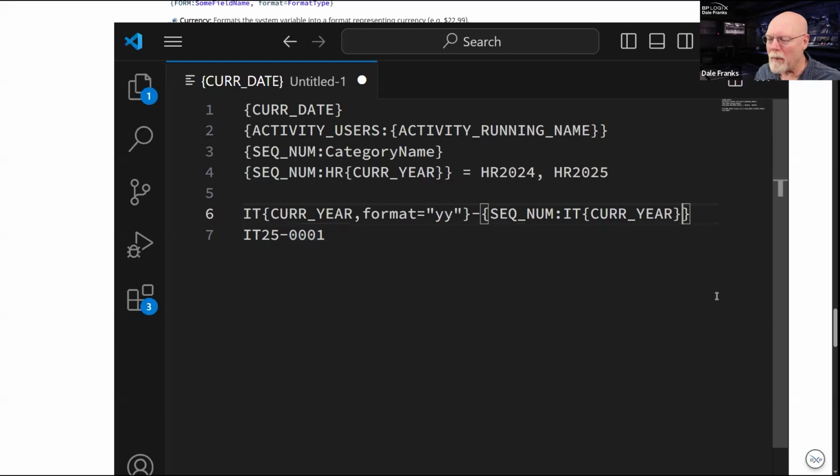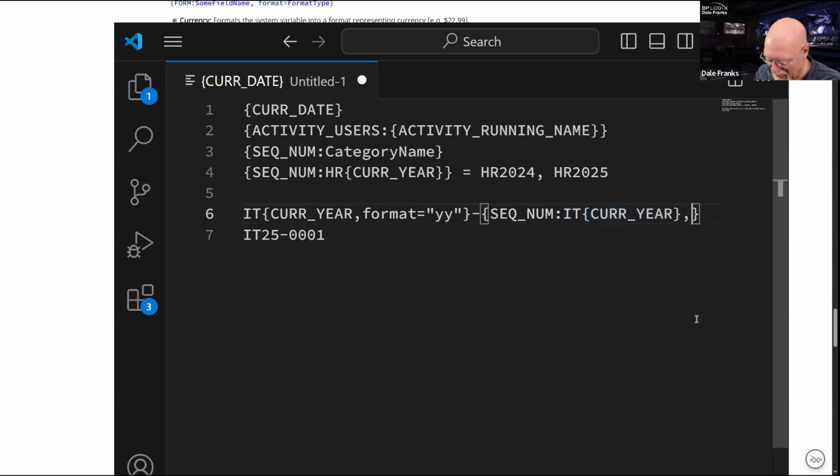The digits formatter enables you to specify the number of digits in a number that gets returned. So in this case, right after this little group of text here, which is setting up my category for that particular sequence number, I could then, oh, I didn't want to delete that, did I?